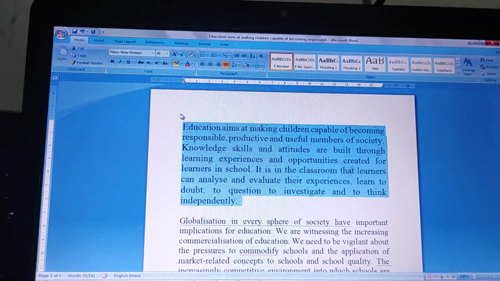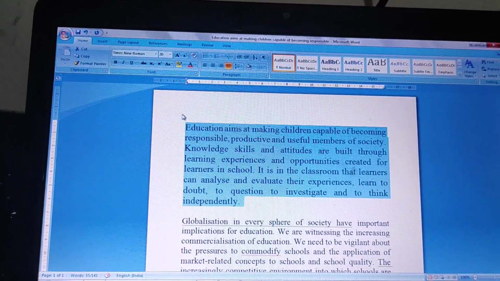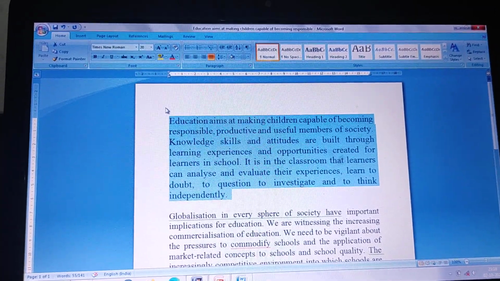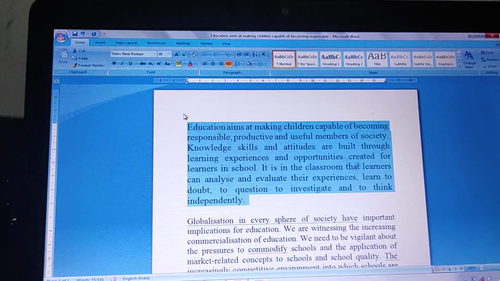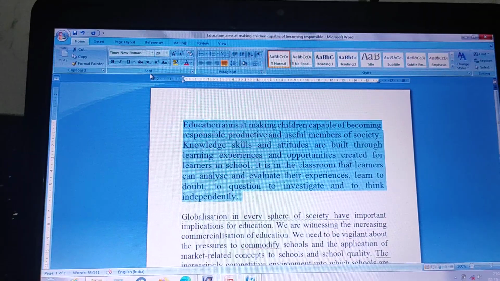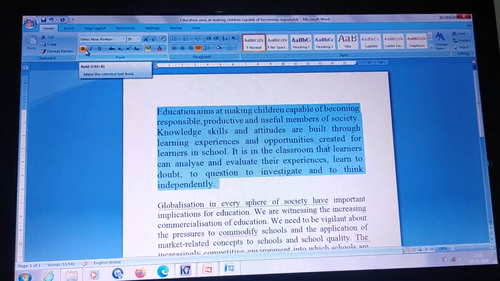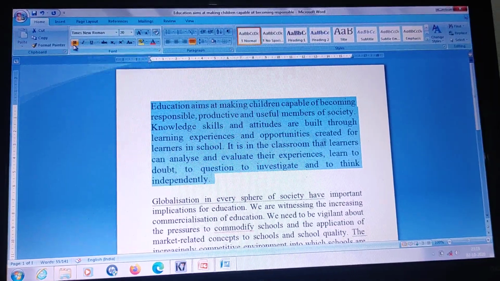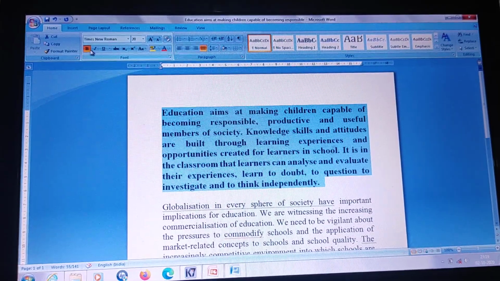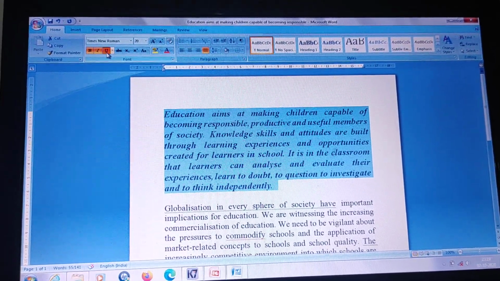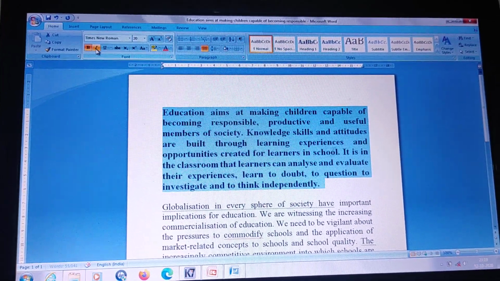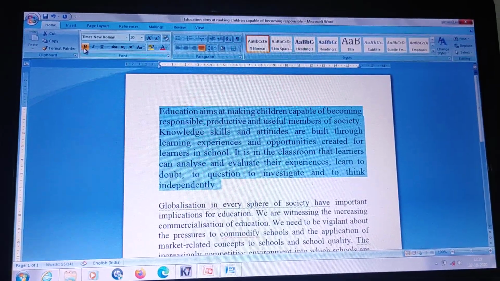So in this case I will not deselect it because I want to use the next command. It's already selected, so that's why I'm not deselecting this content. Now next is changing the text style. That means again we have to use the font group. This is the bold, this is the italic, and this is the underline. So first of all I click on the bold, that is a capital B. Now bold, italic, underline. To deselect, again click on that: deselected, deselected, and deselected.